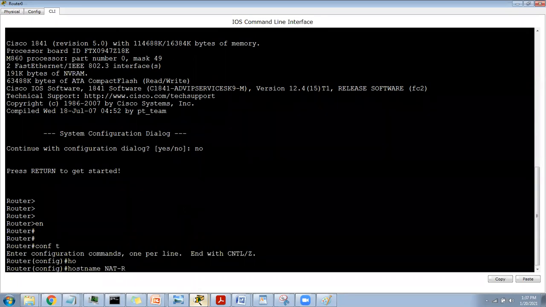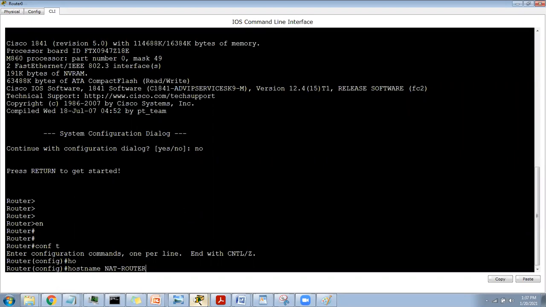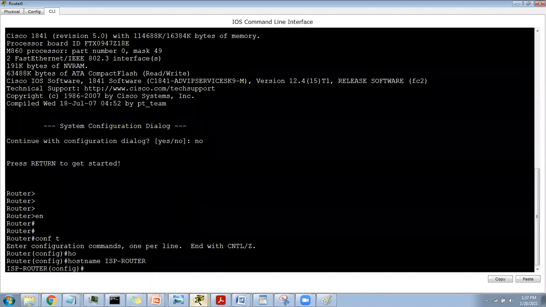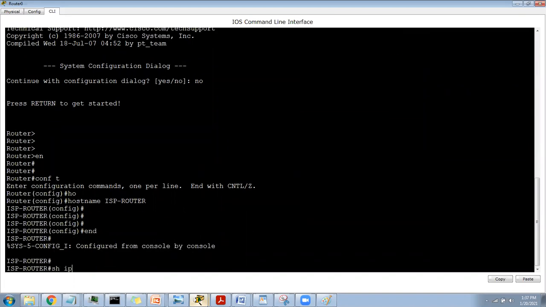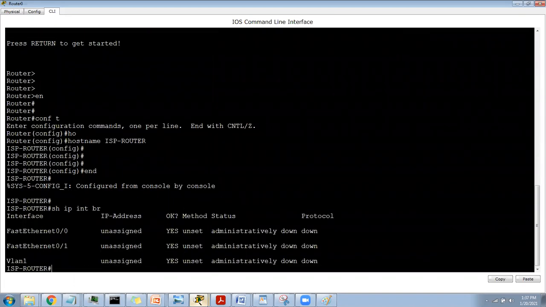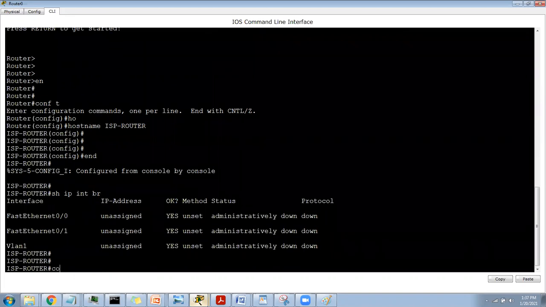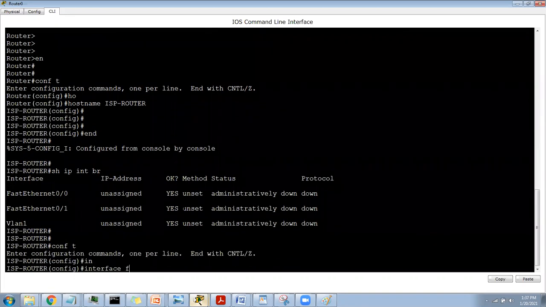For this lab, let's say NAT. Generally we say ISP router, which is connected to the ISP, going to the internet world. So if I see show ip interface brief, fast Ethernet, config terminal, interface fast Ethernet 0/0,